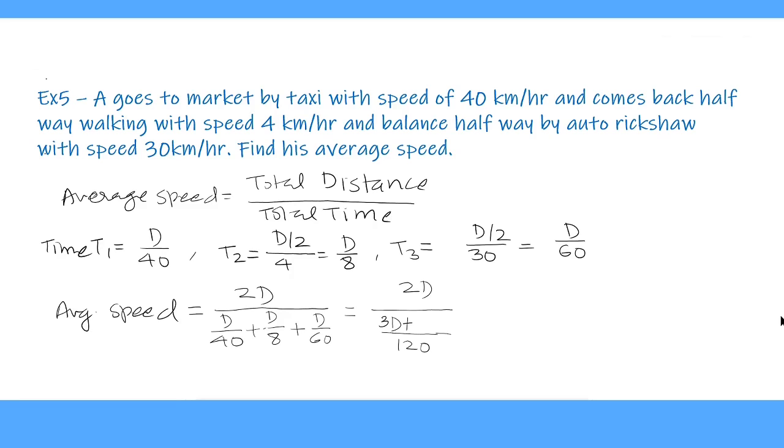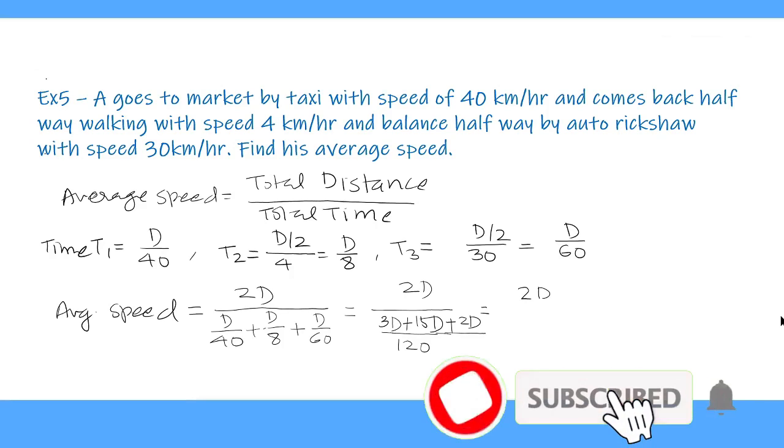8 divides 120 for 15 times. So it is equal to 15d plus 60 divides 120 for 2 times. So it is equal to 2d. So the denominator of the denominator is the numerator, so we multiply like this: 2d multiplied by 120 upon